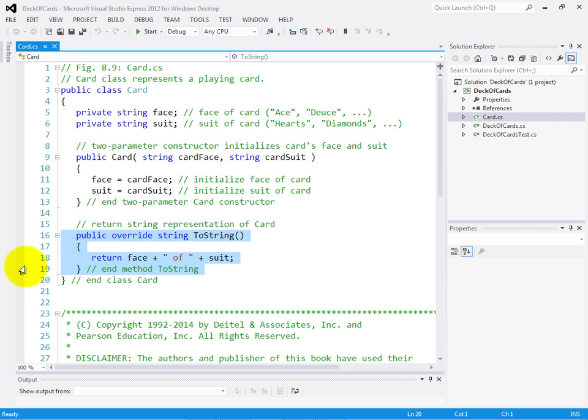And for the first time, we have a toString method in our class. Now, it turns out that every single class you create is not created from scratch, but rather is built on an existing class in the .NET Framework class library.